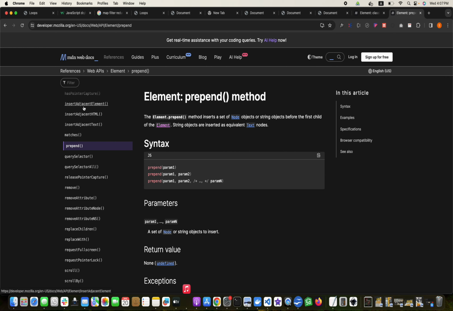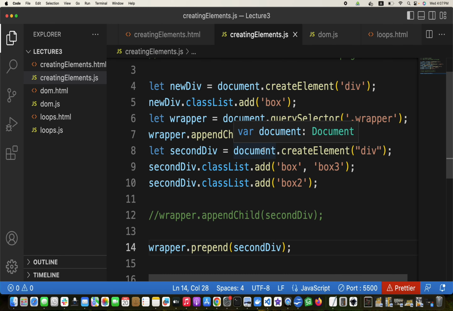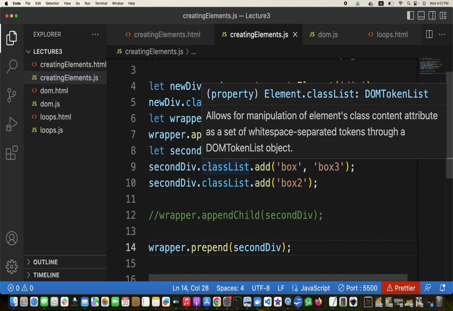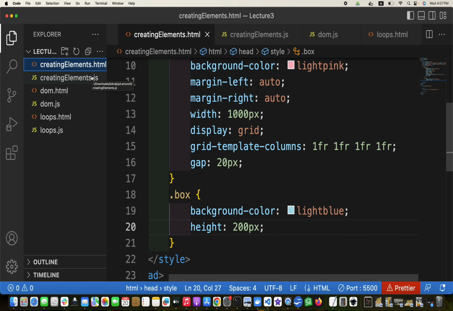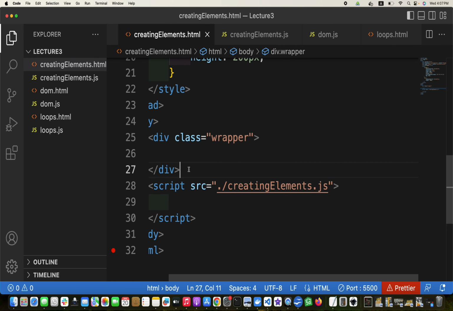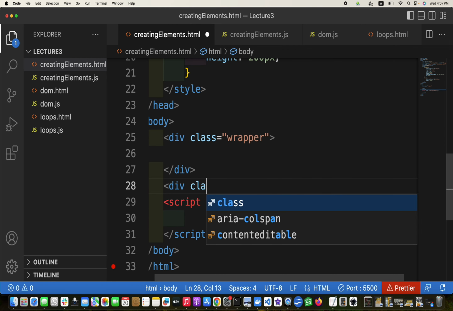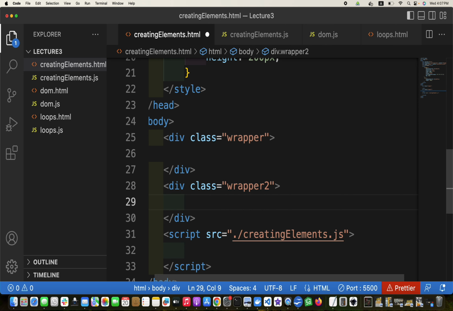Then we have insert adjacent elements. Now you know what elements are, and it has position and element. So let us first create a few hard coded value HTML elements here. If class is equal to wrapper 2, then it has